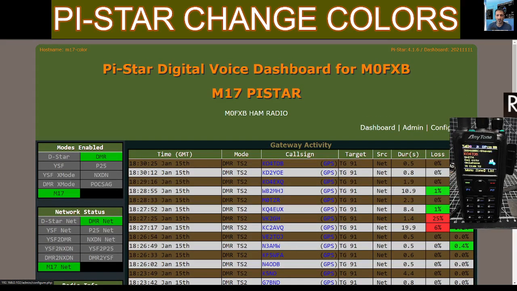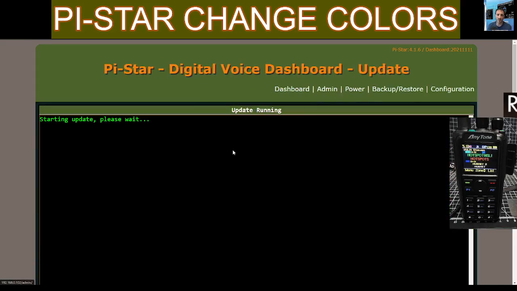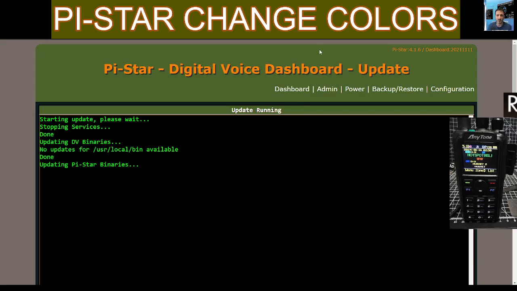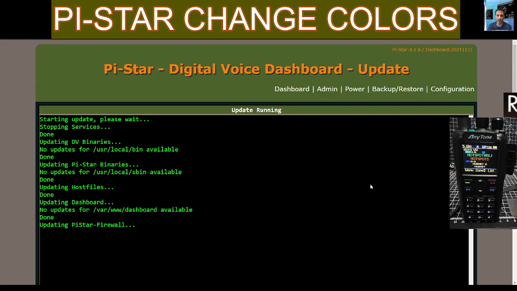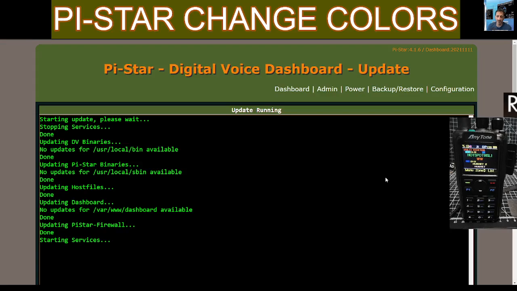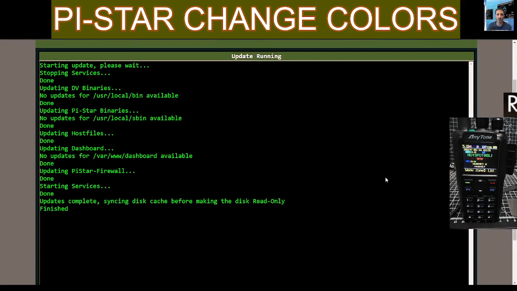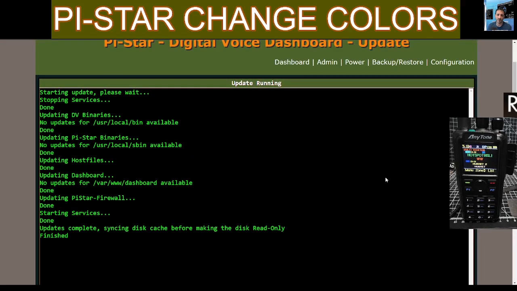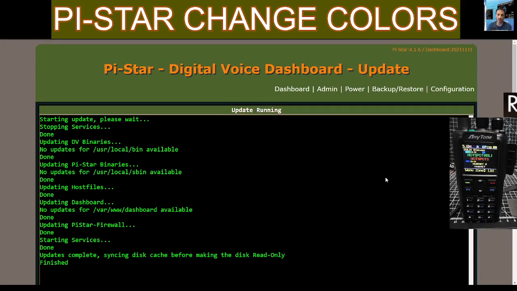Now I'm going to have a go at updating now. We'll go configuration. We're going to click update. See if it will go past 4.1.6. The latest version, if you go on Pi-Star's site, is 4.1.7. Pi-Star and Andy Taylor has announced that there are more updates coming, and some of them quite exciting, which is great news. I mean, it's such a solid, stable system. I find it hard to believe that people would complain about Pi-Star, because I think it works really, really well. I've never had a problem with Pi-Star. I've had a problem with my equipment. So it's still showing that we'll